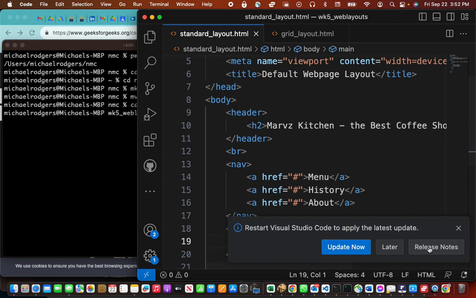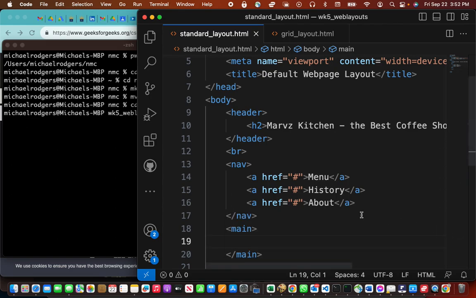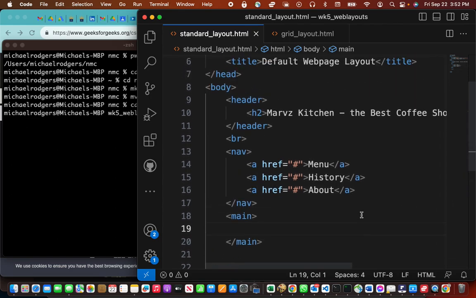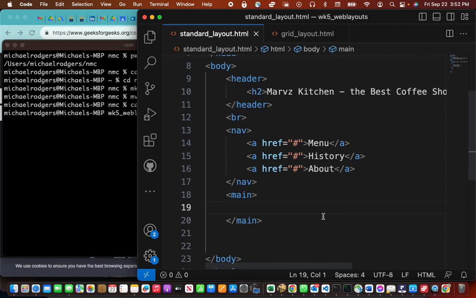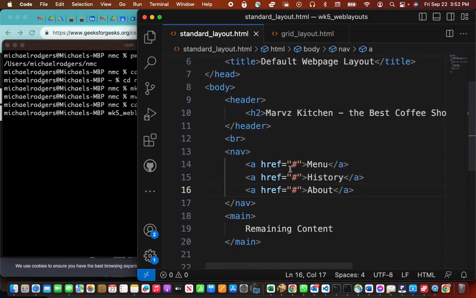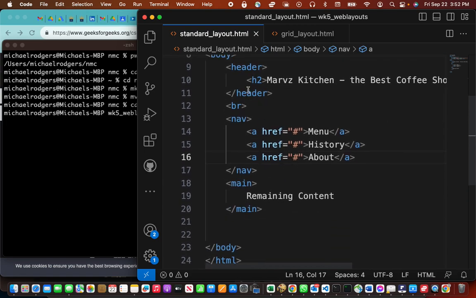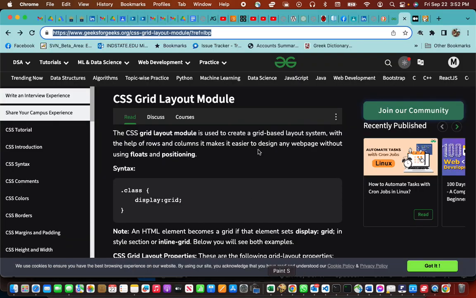So we have our nav. Underneath that, we have our main. And let's just put down here remaining content. Okay, so at this point, if you try to view this page,